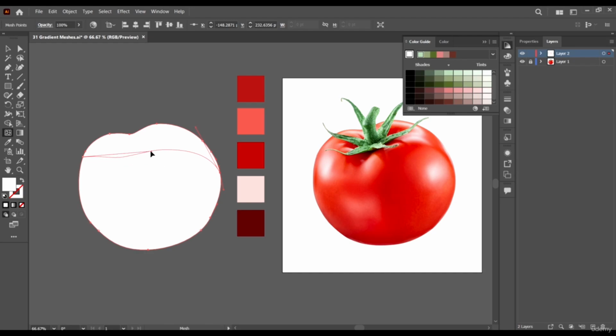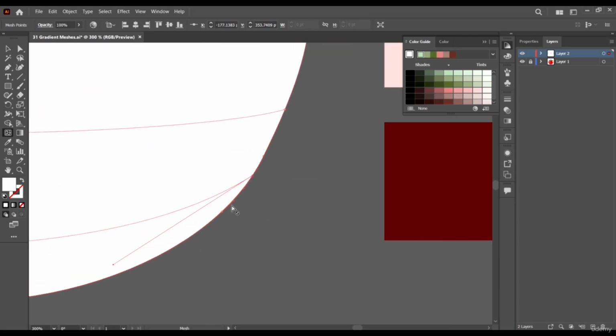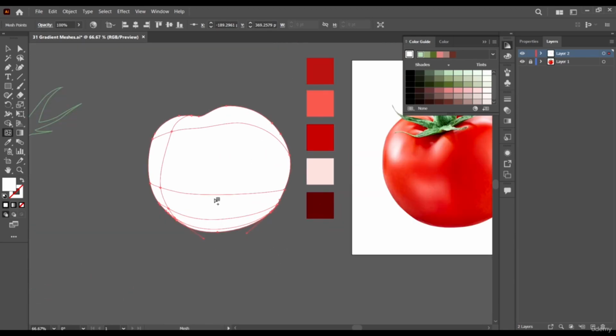So this is basically following our shape, the main object we're trying to create, right? So we come here and add another one. Okay, we add another one here. This one is going this way. You can add another one here, maybe zoom in and add another one. I'm just going to undo this one, and try to add one that goes like this.